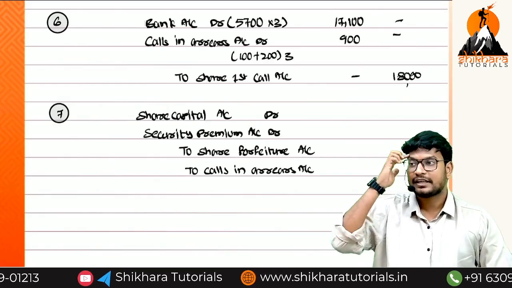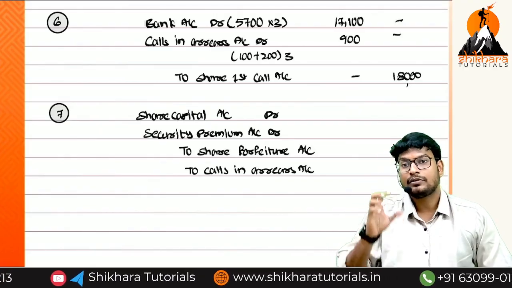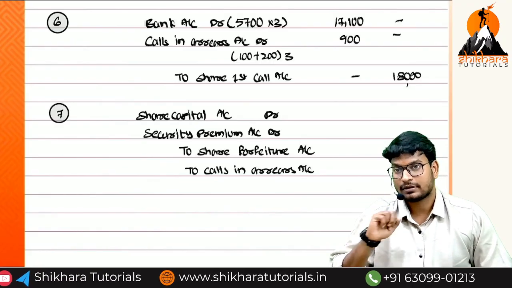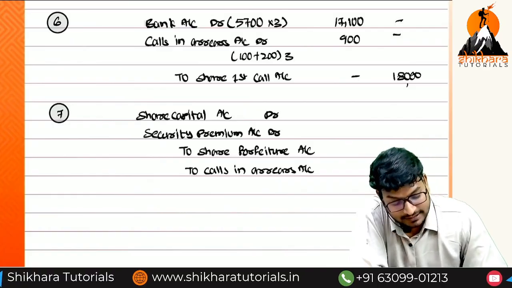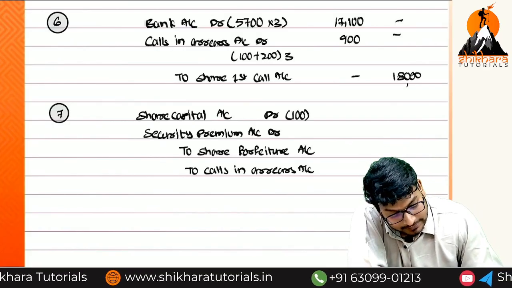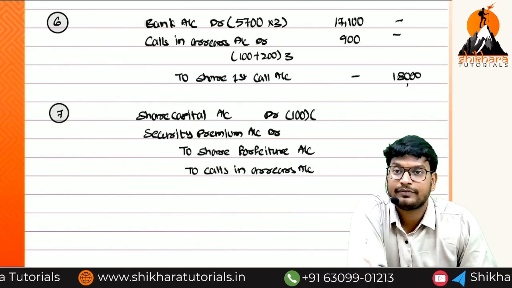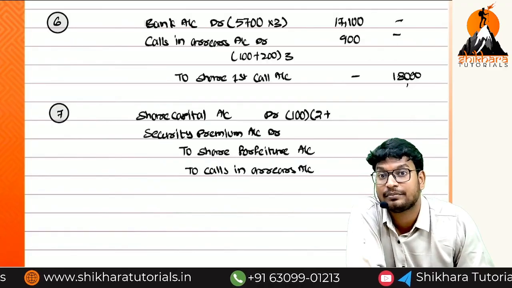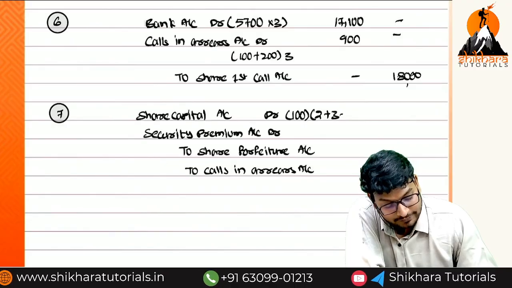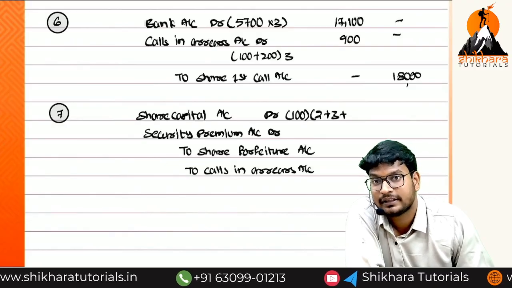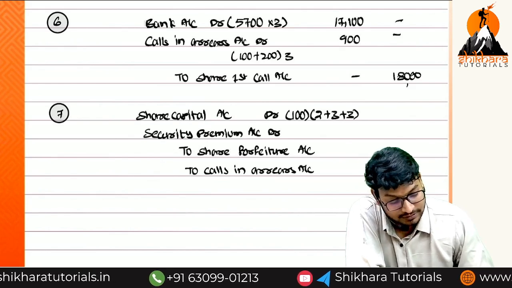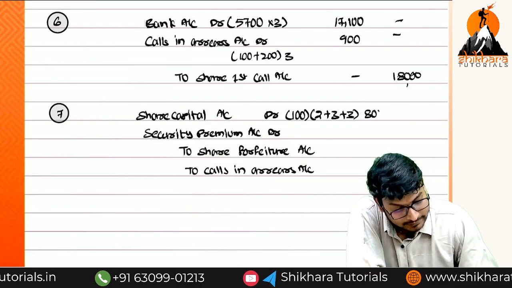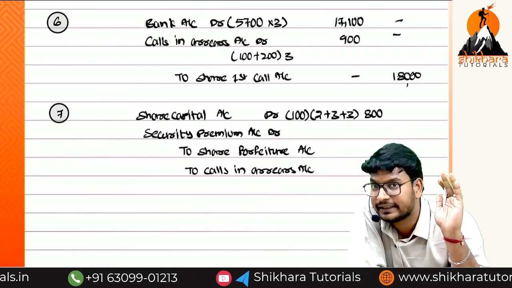Come to the amounts, ma. Share capital face value. Until now, how much amount have we called? Up to the first call only we have called. On how many shares? 100. What is the face value for the first installment? 2 rupees. For the second installment? 3 rupees. For the third installment? 3. That is equal to 8. Okay? Is there any doubt?